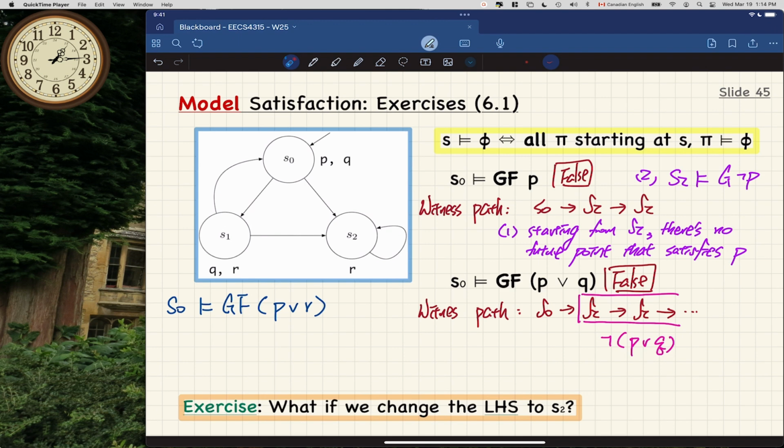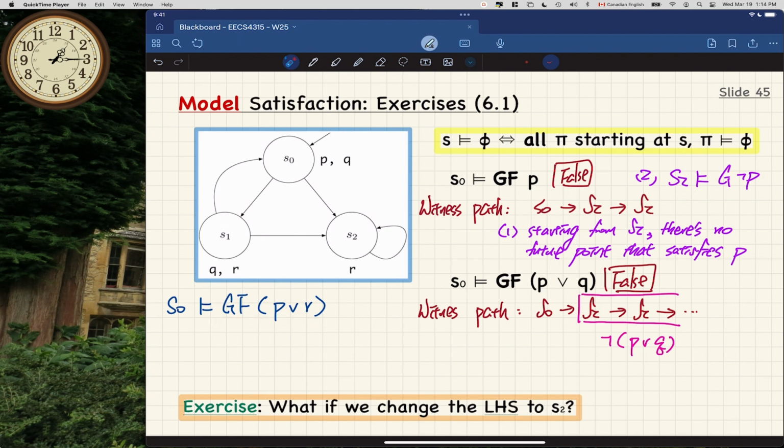All right, guys, how about this one here? True or false? True? How would you argue about it? Basically if you go towards the path S0, S1, S0, you still have the variable P and or R present in the path. If you go to the path from S0 to S2, you still have the variable R. You definitely can go for each of the patterns to argue that for each pattern you will get infinitely often P or R. That's definitely one valid approach.